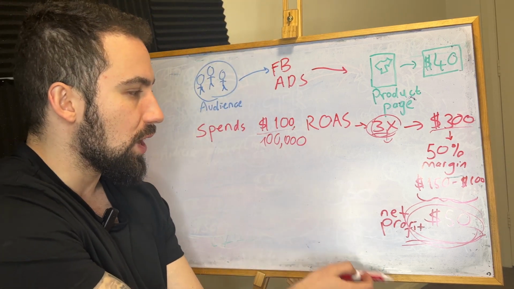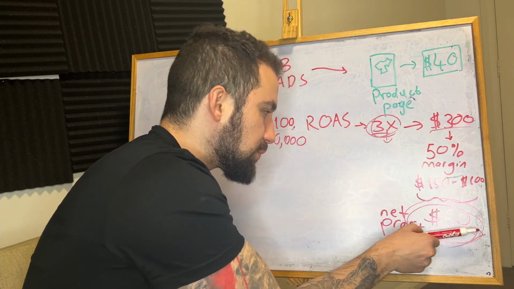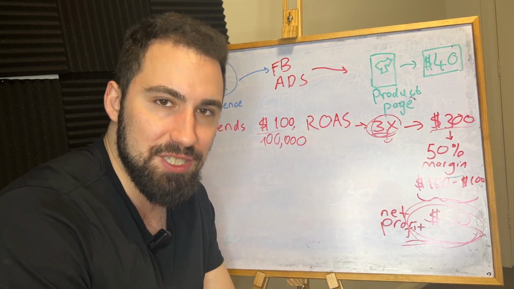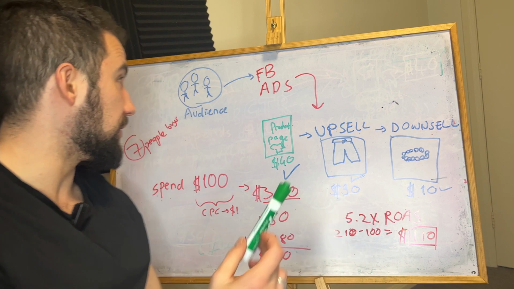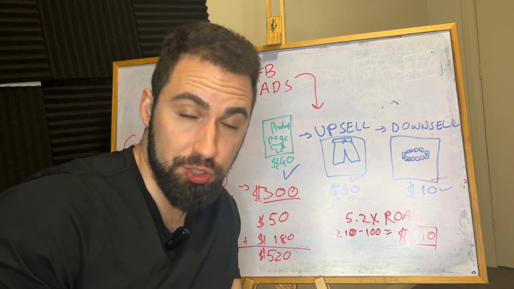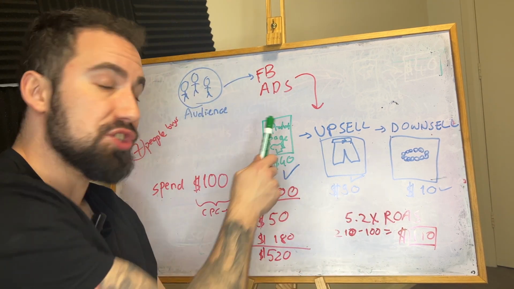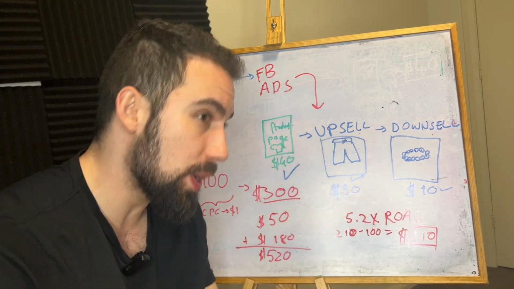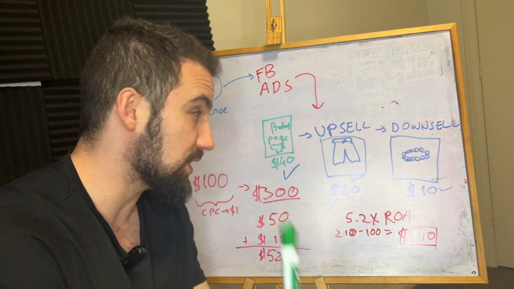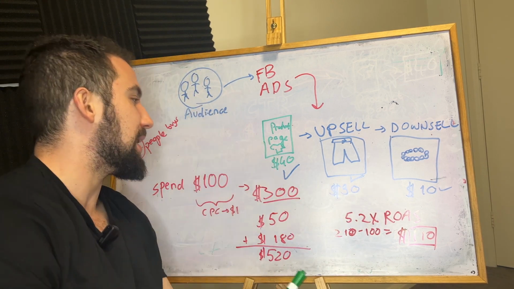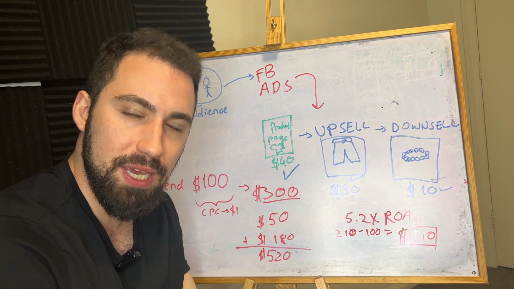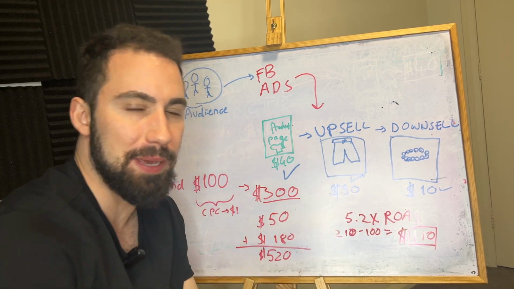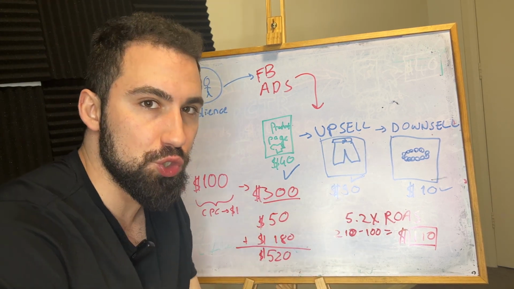But I will show you how you can actually make this net profit even higher with the same $100 ad spend. Let's cover the second scenario. Let's say you're still spending that $100 on ads, and instead of just selling one product and saying see you guys, now you bought from me, see you later, instead of doing that, you have one product page and you're selling that for $40 again. We didn't increase the price. We didn't do anything, but we have one upsell page. You have those plugins on Shopify.